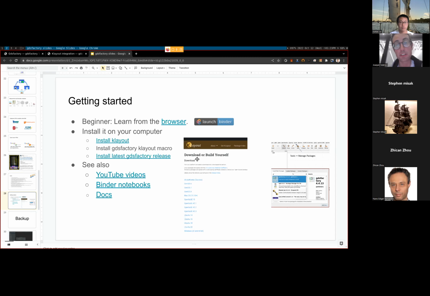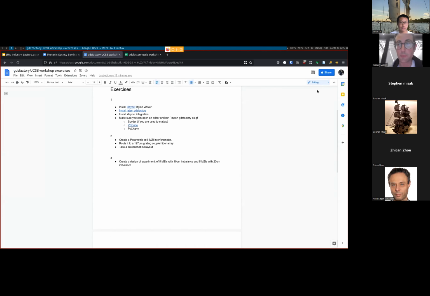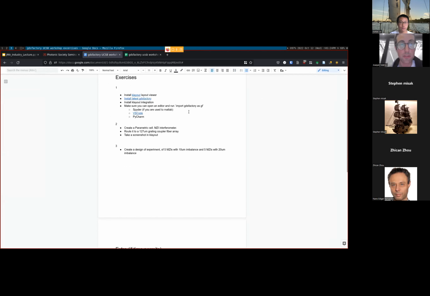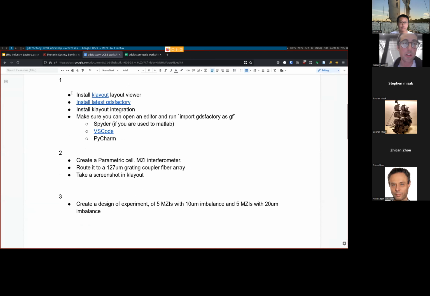The first thing you need to do is install KLayout, which is the layout viewer. Then we're going to install the latest GDSfactory release, and then we're going to try to do some exercises. So I put together some small exercises that we can do together, and people can see. I don't know if it's big enough. Maybe I can fit it. So yeah, the first thing we're going to do is install the KLayout layout viewer,